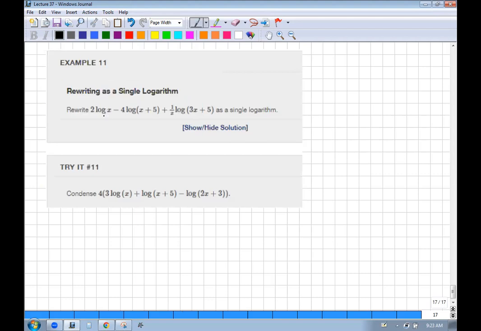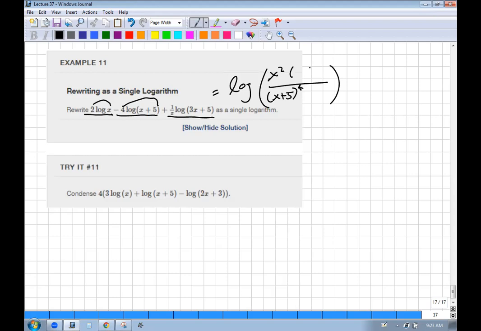Okay, so these logs are all log base 10. This one is positive, the 2 can come up as an x squared. This one's negative, so the x plus 5 is on the bottom. This 4 becomes an exponent. This one's positive, so it's on top, but the 1 over x becomes an exponent. This one,